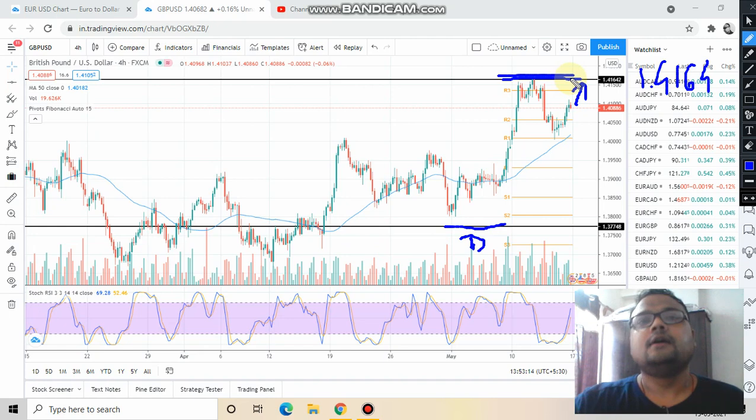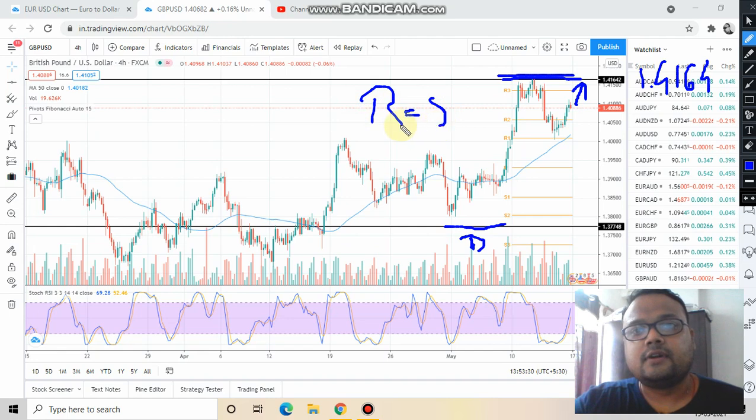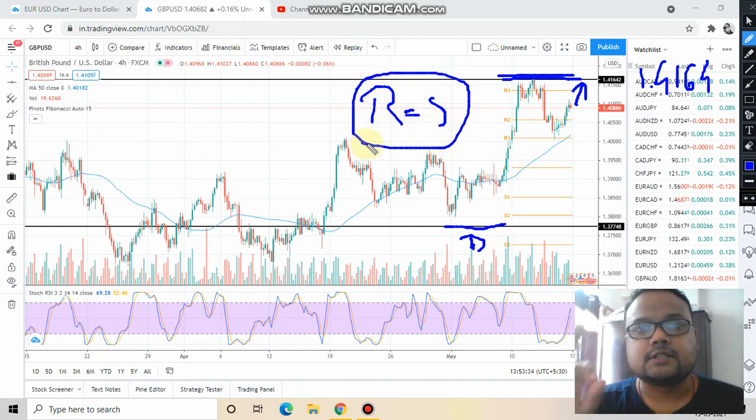If you see that after 4 to 8 hours, price is not struggling, buyers are doing great, they are trading comfortably above this level, then you can go for buy order above this level. Once the resistance has converted into support, then only you should go for buy order, otherwise no.